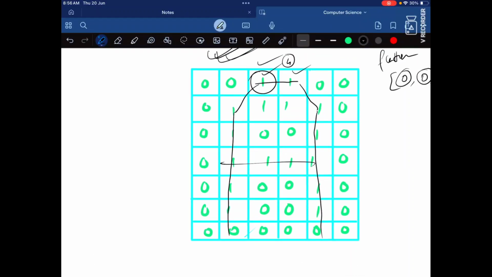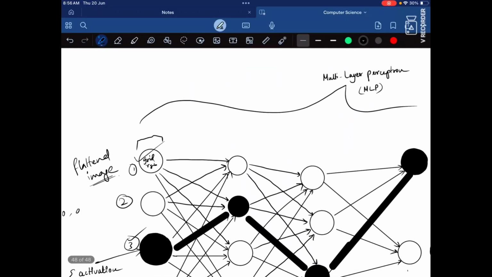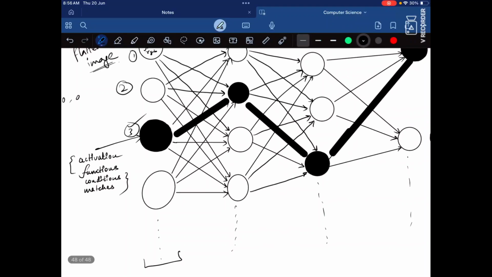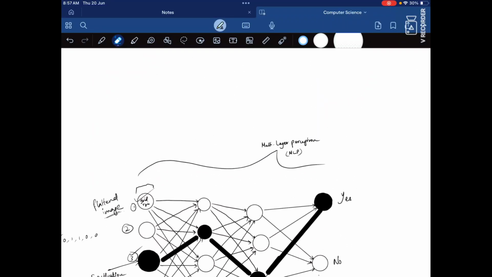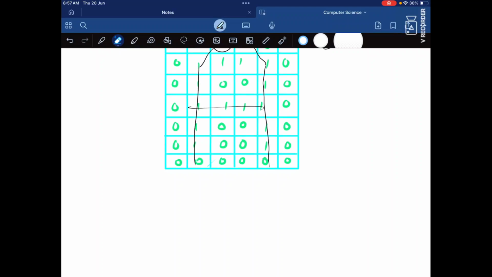So in the fourth also we have a 1. In this case, this will also have a 1. Okay, so like this it follows. All the pixel values which have 1 will match our image of A.